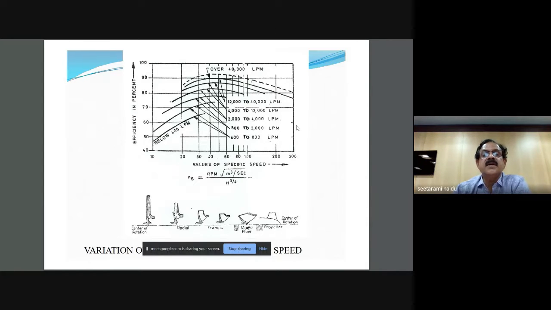Okay, this is the type of curve. You can see efficiency is high for large discharge pumps. Below 40 specific speed, efficiency is typically low. This is the case of our typical centrifugal pumps, monoblock pumps, etc. Their efficiency may be in the range of 50 to 60% for monoblock centrifugal pumps. But in special application pumps, it can be higher than 90%. That is the top of the curves there.